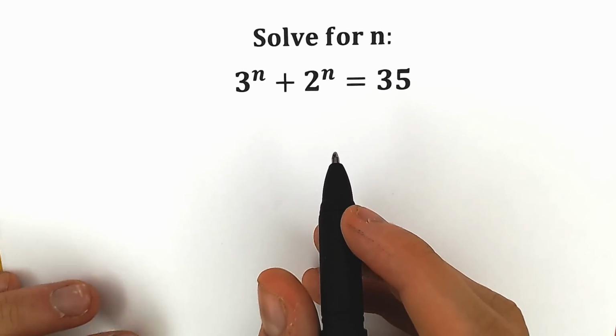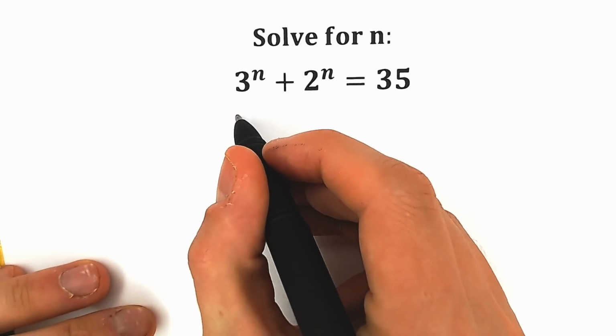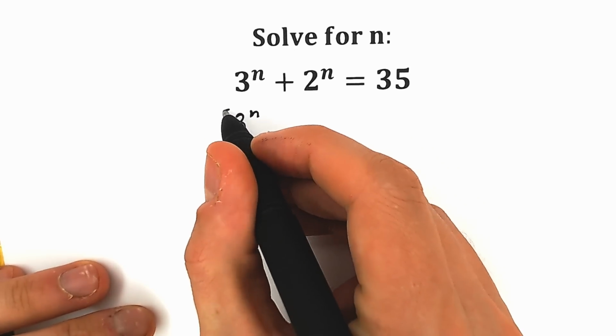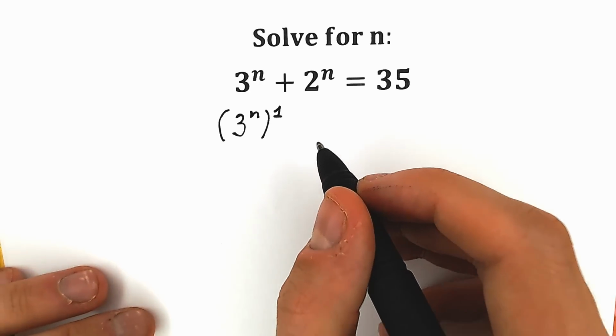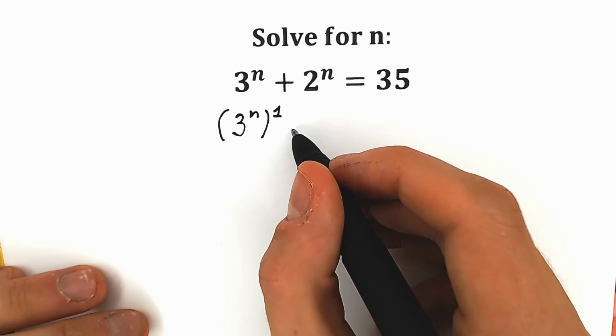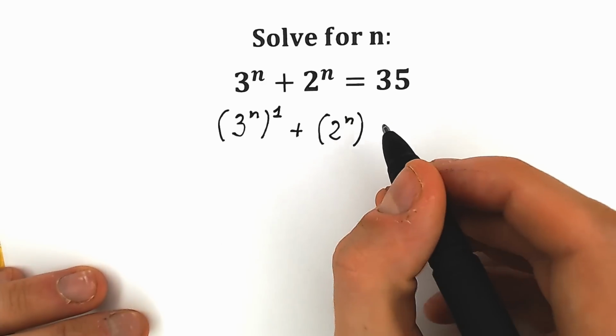Okay, so right now let's start. First of all, let's do the next trick. Instead of this 3 to the n, let's write 3 to the power n raised to the first power. Okay, it changed nothing because this is our first power, and instead of this 2 to the power n, let's do the same thing. So we have plus 2 to the power n raised to the first power